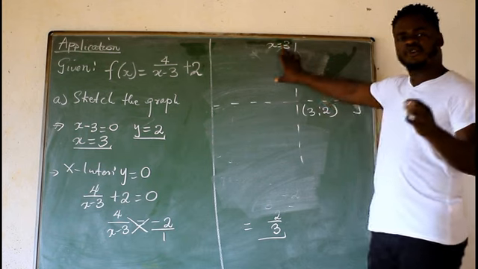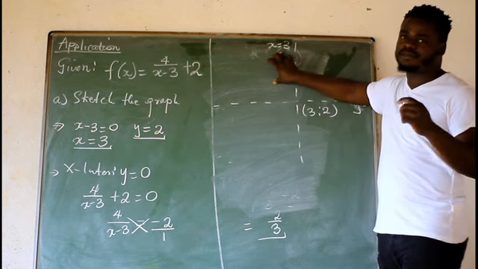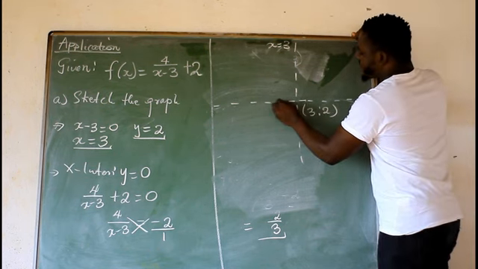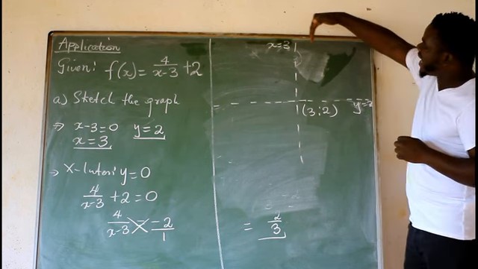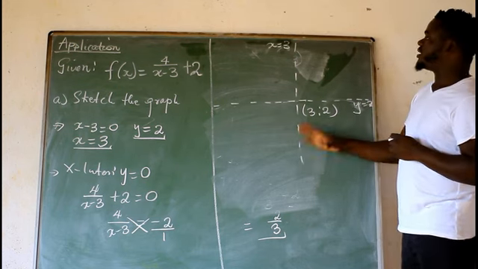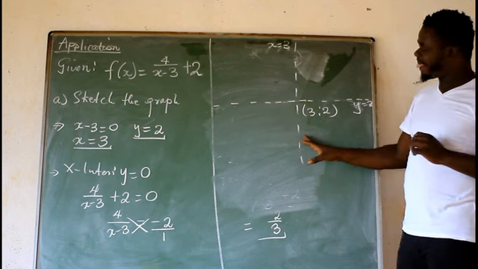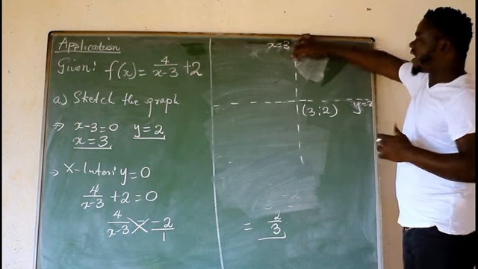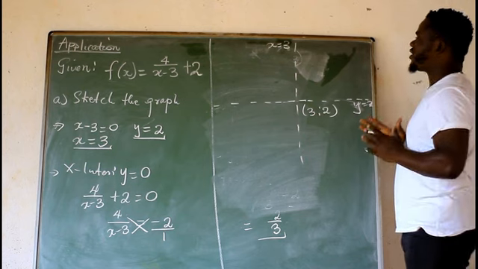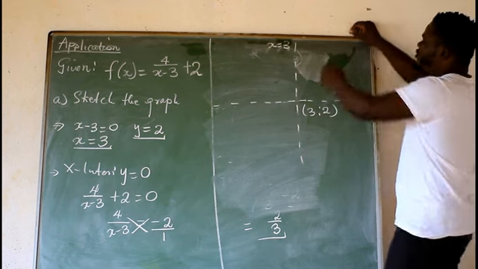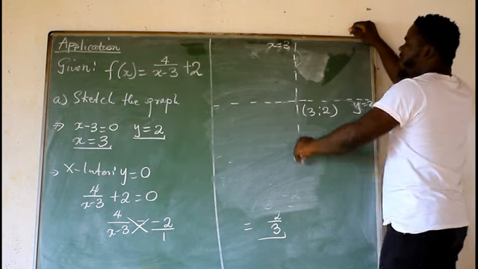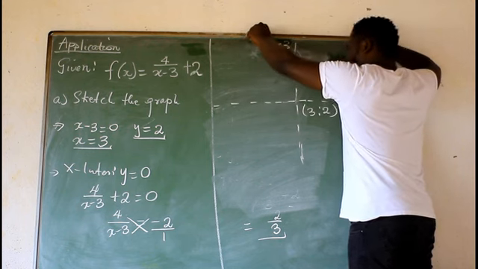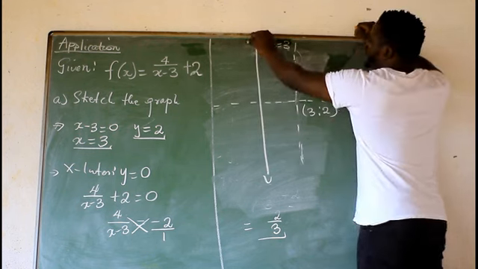Now, how do we draw this graph, guys? Listen, this thing is very simple. You just have to follow the steps. First thing first, we identify the asymptotes. Now, this line is called 3. Each and every graph comes from the origin. So now you have 3, which is the y-axis. Either you go to the left or you go to the right, where you're going to find 0. If you go to the left, it's going to be 3, 2, 1, 0. Then you're going to find your 0 at this point. That is your y-axis.